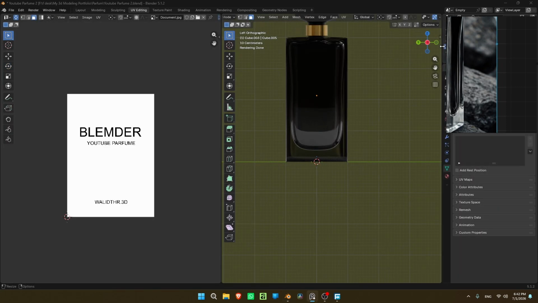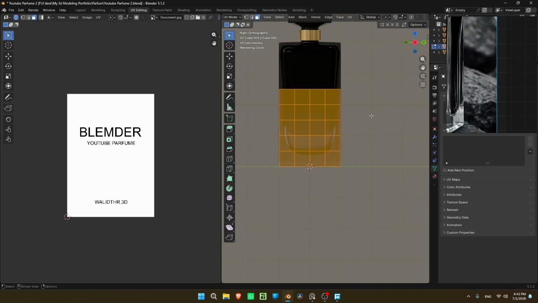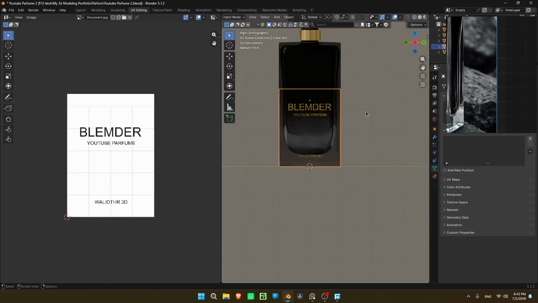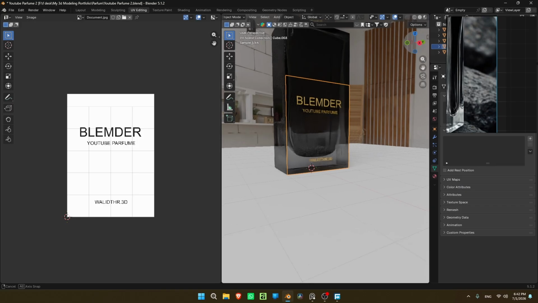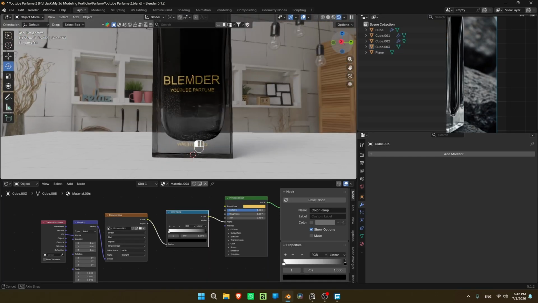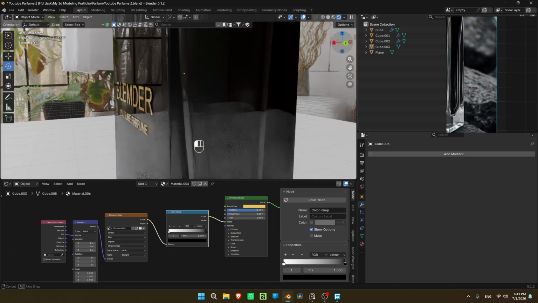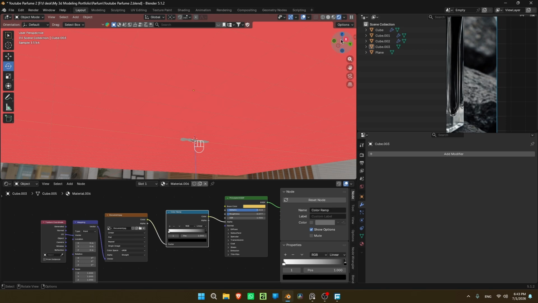We're gonna tweak them to be just like so. So now we need to unwrap our label in here. Just select it. Because it's a flat label, we're gonna face it in here. Just press U, unwrap, and you are ready to go. This is your perfume label. Just go in here so you can see it more clearly. I just checked it. It's Blender. I don't know what it is. I told you it's a professional perfume label.